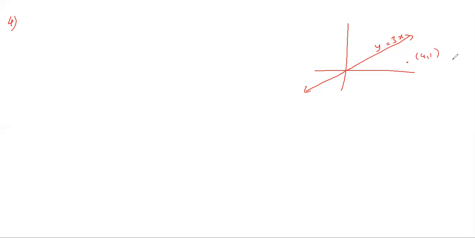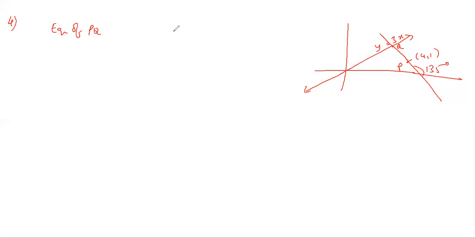From this point we have to find the distance along the line which makes an angle of 135 degrees. If you take one line making 135 degrees, along this direction you have to find P to point Q. If you find the perpendicular distance, you will get a perpendicular length, but it is not along the line. So along the line, you use the parametric point, or you can find the equation of PQ. What is the equation of PQ?